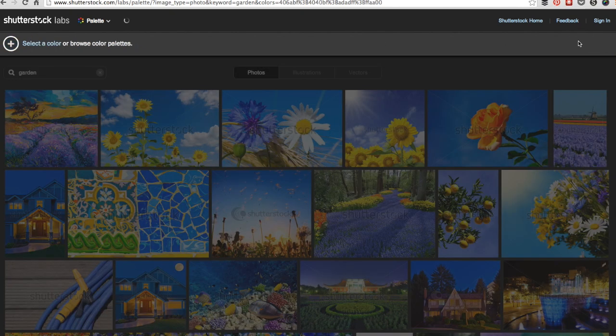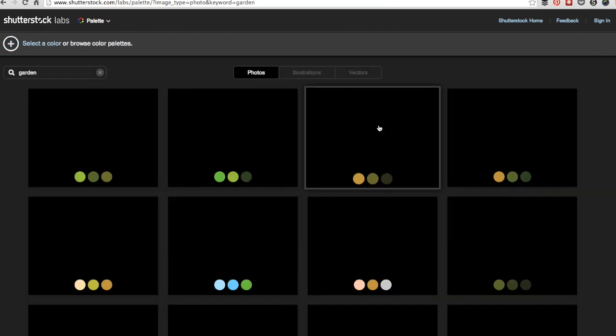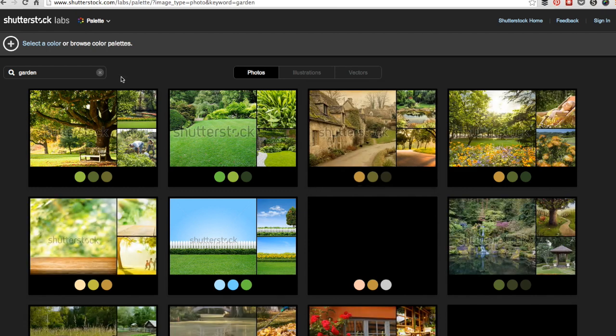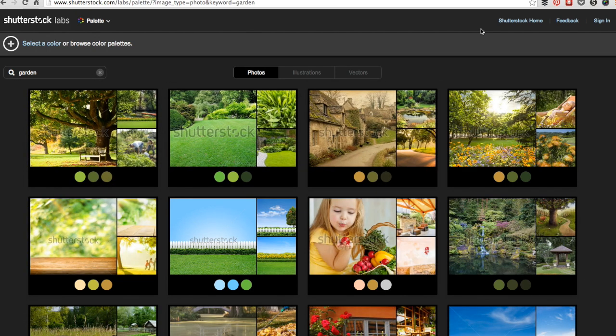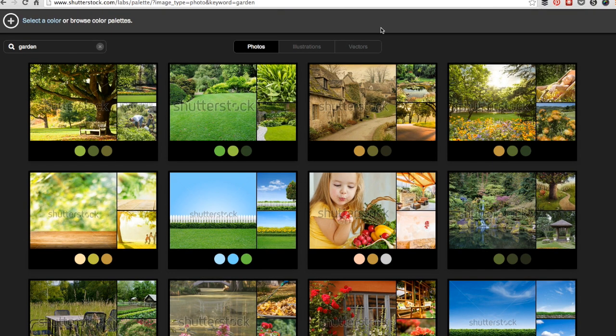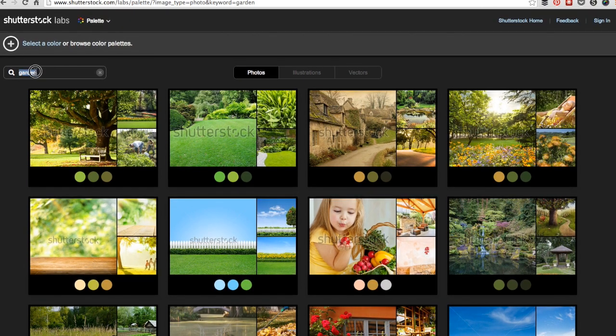So let's try that. Let's clear out the palette. And let's browse for, see, garden is still in here. So let's say you're a nutritionist and you want some vibrant colors mixed with some earthy colors, and you're not sure what your color palette for your site is going to be. You can, let's put in